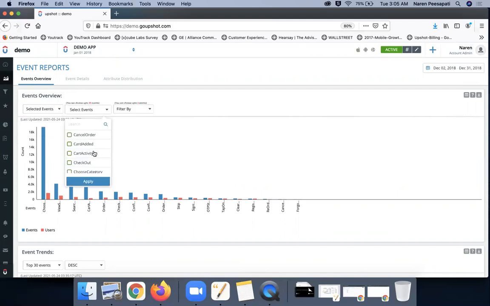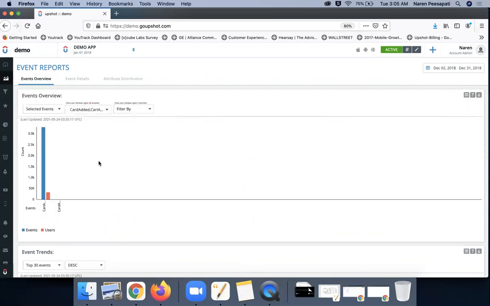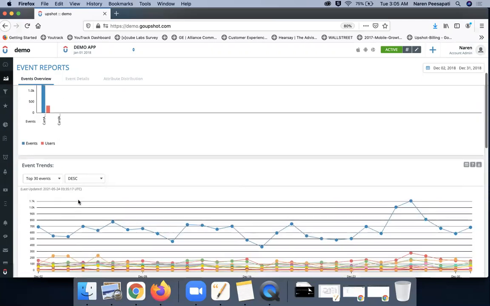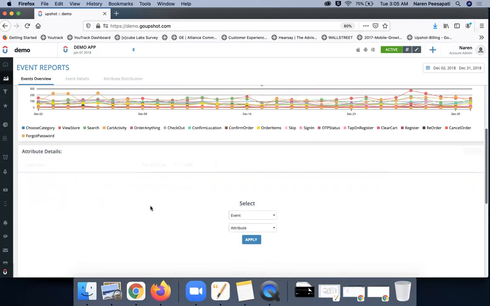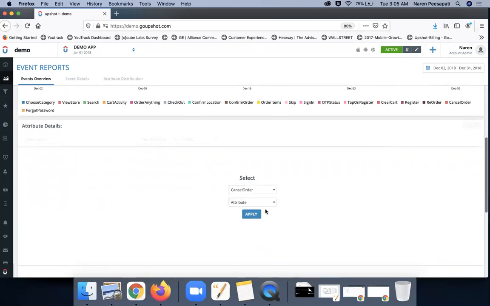Now, if you look at the data points here, they are typically data points from an e-commerce application. But when we integrate the SDK into your mobile application or your website or web portal, the data points that you pass in to Upshot will be listed down here. So you can choose those data points and look at specific metrics on how people interact with or perform those events in your application. And it's not just about the events, it also provides you information at an attribute level,